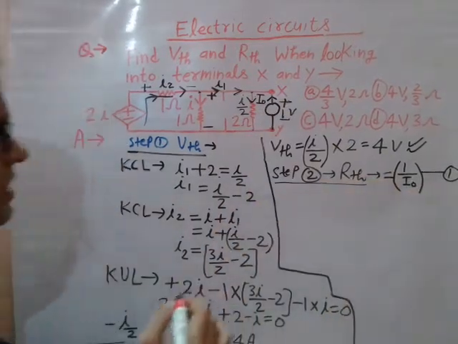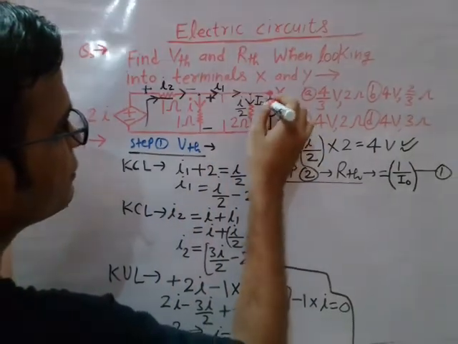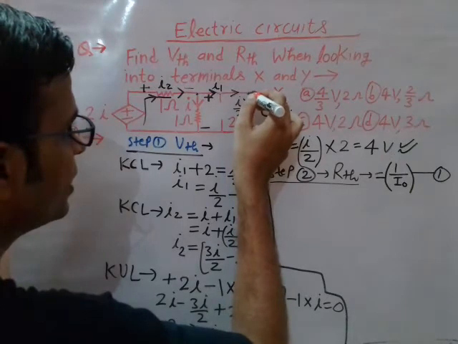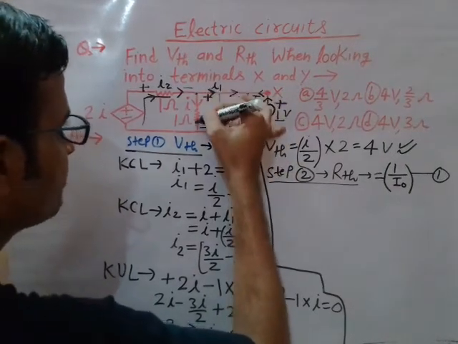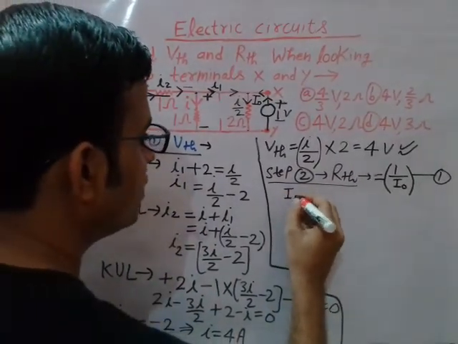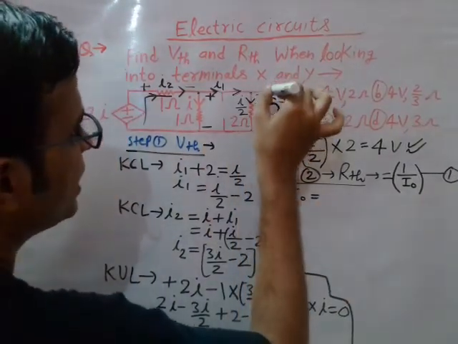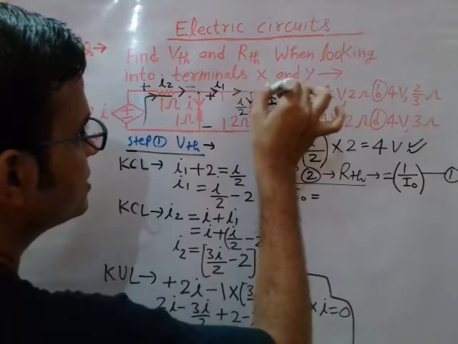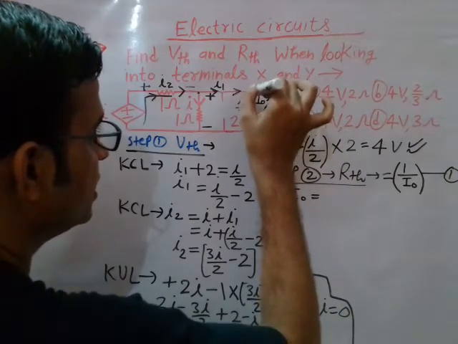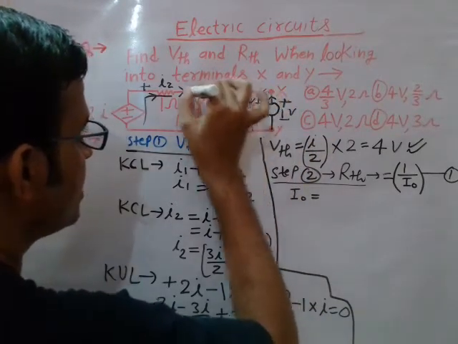First find out I naught, right? So this current I naught is flowing in this branch, and it is distributing in this parallel branch, and in this parallel branch, and in this parallel branch. So I naught I will calculate by KCL, Kirchhoff's current law. When I apply it at this particular node, the algebraic sum of incoming current is equal to the algebraic sum of all the outgoing current. That means this incoming current is the algebraic sum of this current and this current and this current.